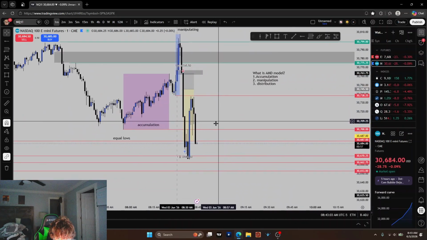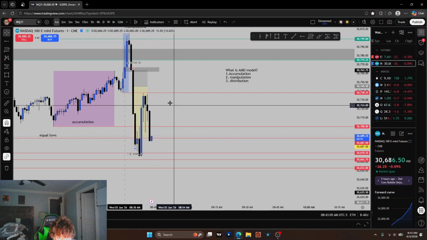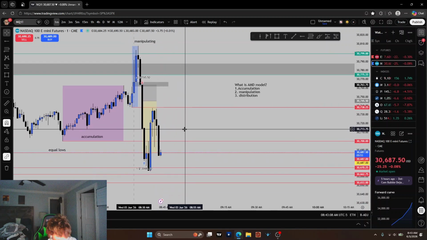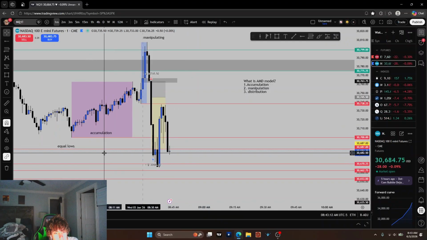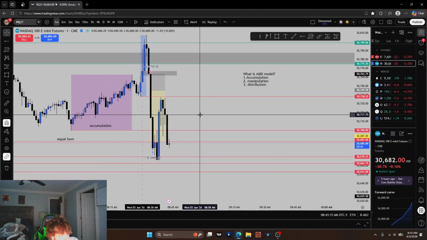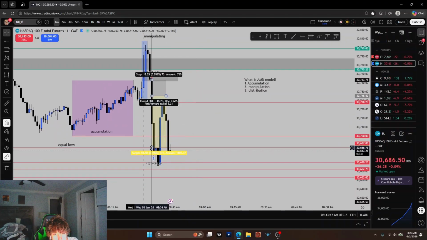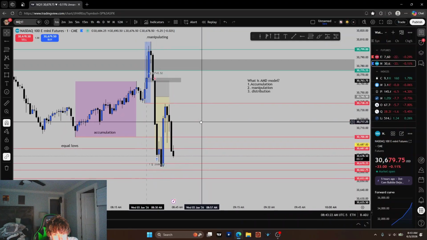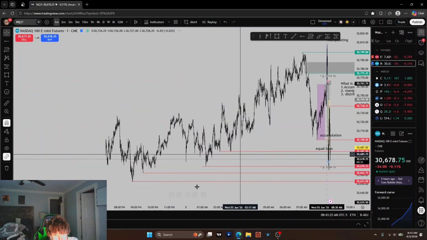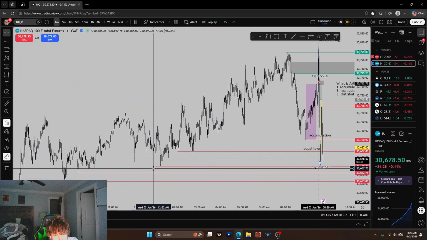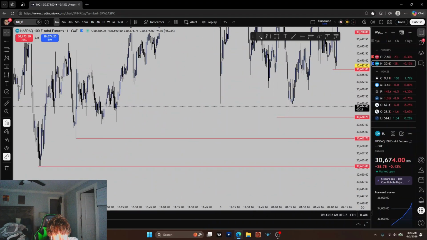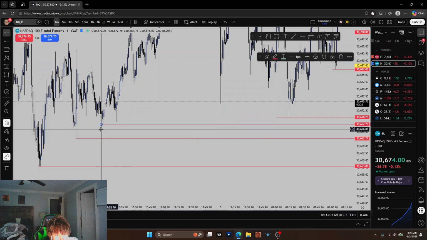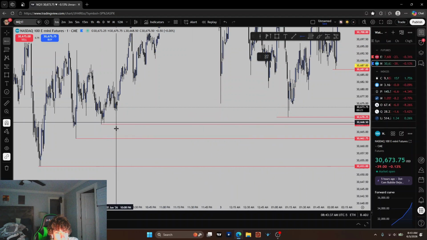Whenever price has equal lows, you could show right here, but I'm not going to. Whenever price has equal lows, they're a very, very good draw. It's a lot of liquidity, so I'm totally fine with being completely out at these equal lows because there's a lot of liquidity down here, right? I don't know what's gonna happen. Like, look at these right here. Equal lows are a really good spot to take profit.